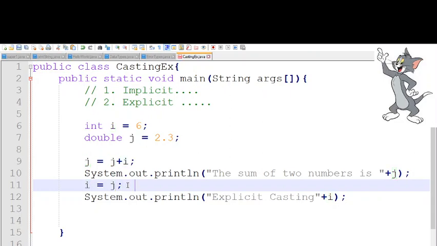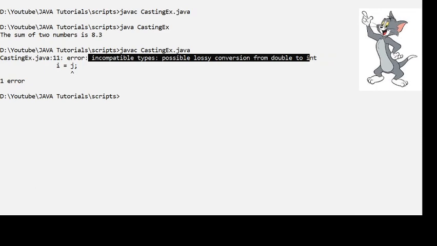So instead of 8.3, the 0.3 must be lost and the data that is stored in I is 8. So if you wish to do that, you have to tell compiler to forcefully convert this j into integer first and then store it in integer. So this kind of casting is called explicit casting, when you forcefully convert one data type of higher category to a lower category.